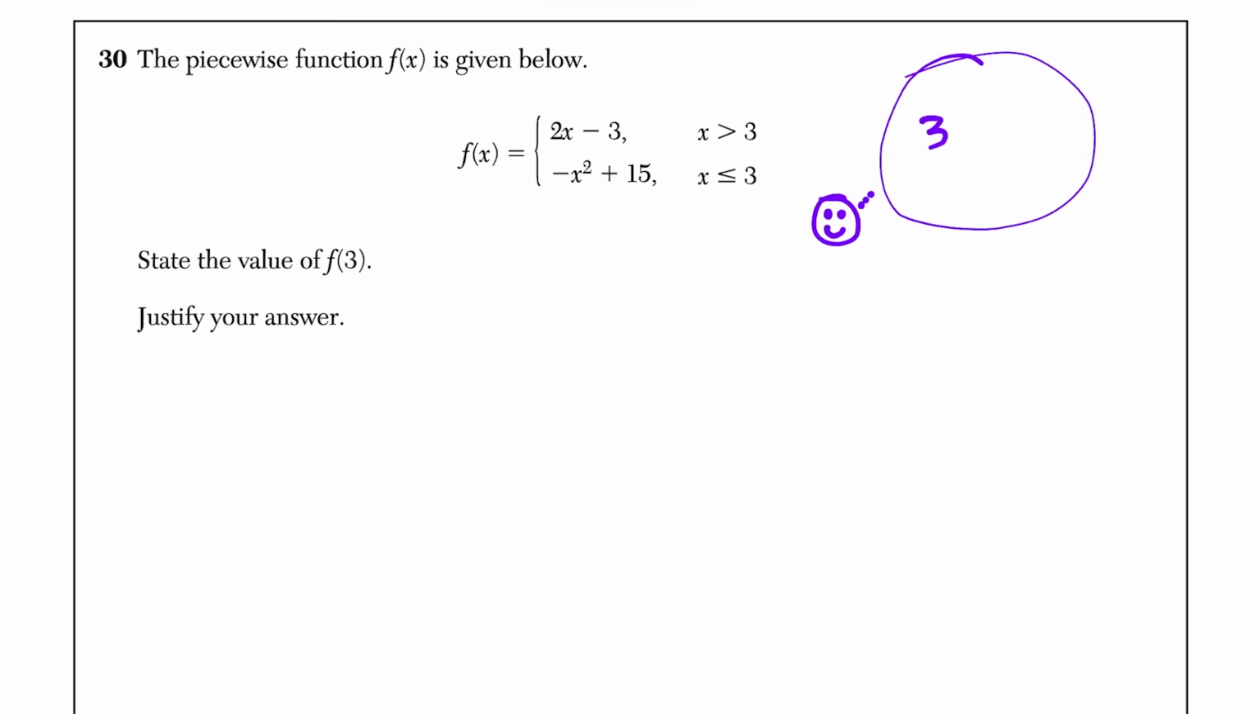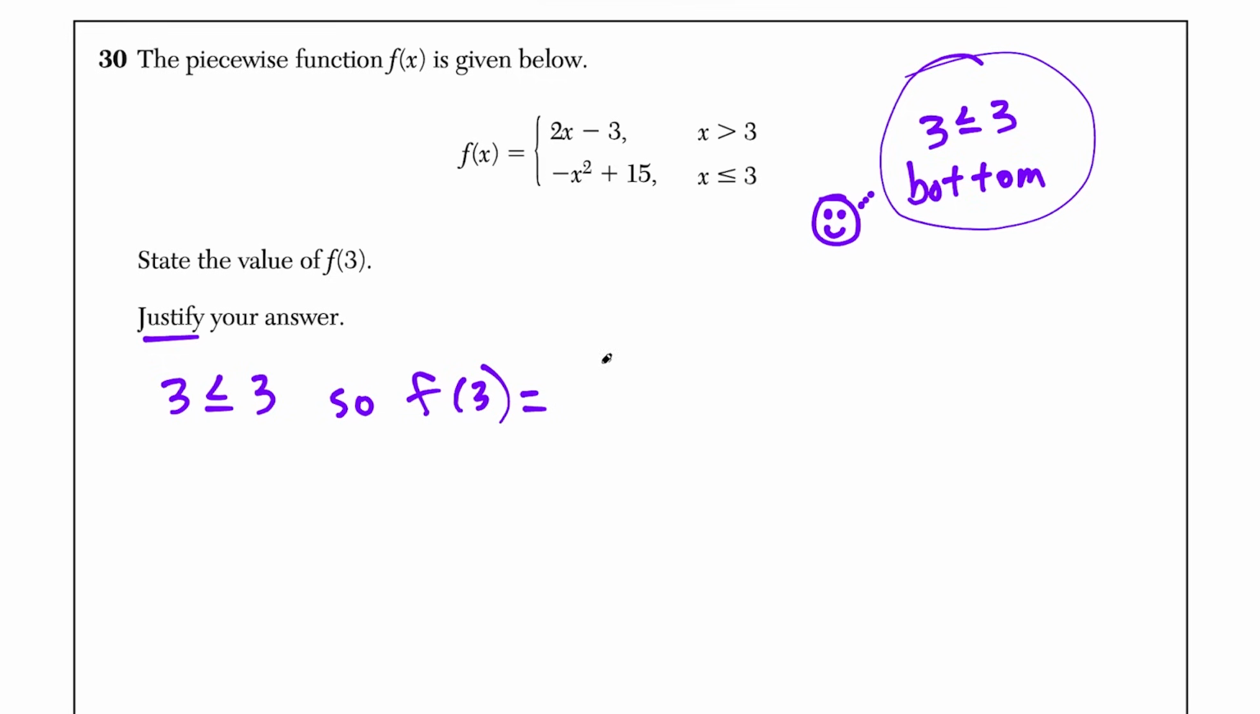So since 3 is less than or equal to 3, this is a true statement. This tells us that we're going to plug into the bottom row. Okay, so we plug into the bottom. Okay, so that's the first thing you have to do, is that the number you're plugging in, you have to see where it belongs. So since we have to justify our answer, I would just casually mention here that 3 is less than or equal to 3. So f of 3 is equal to, and now we could plug in, but once again, we're plugging into the bottom here. So we're going to plug in, we have negative, and then we have 3 squared, and then plus